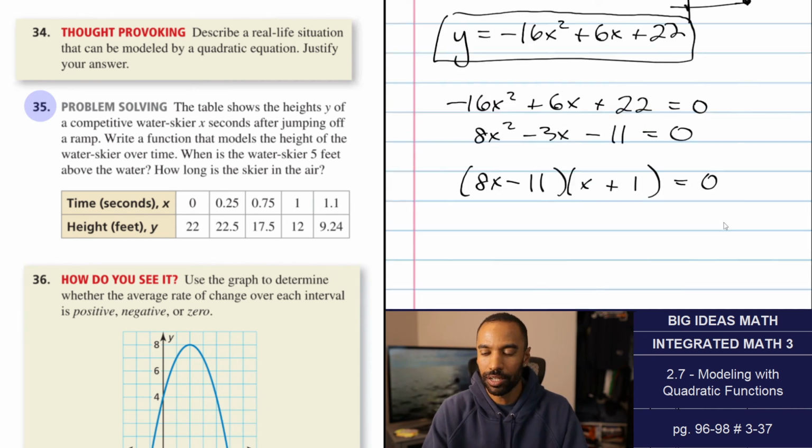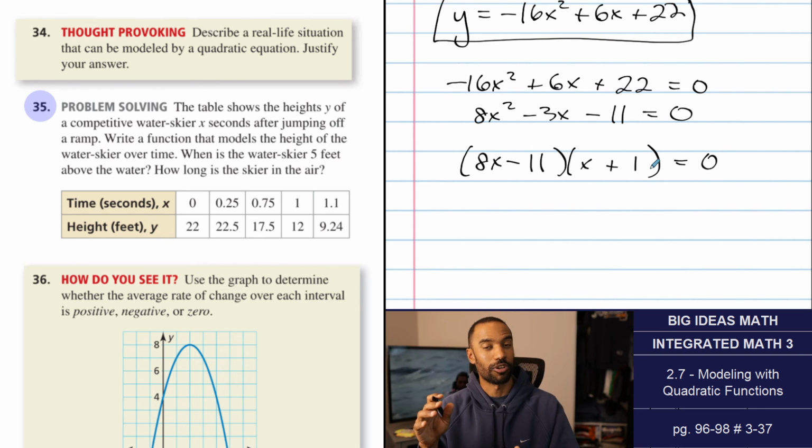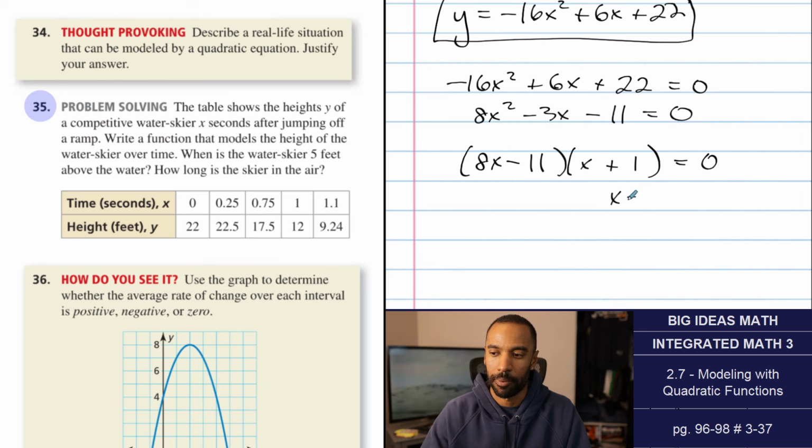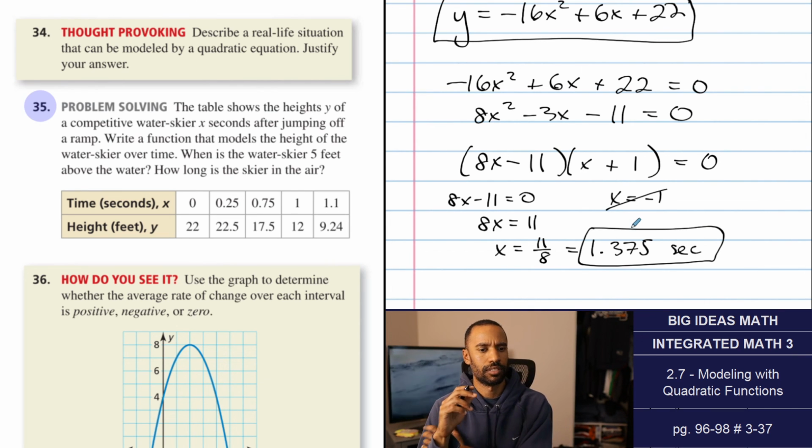Does that work? 8x squared plus 8x minus 11 is minus 3x minus 11. That's actually factorable. Cool. All right, well, that's good. Now you use the zero product property. Either x equals negative 1, which isn't allowed, or 8x minus 11 equals 0. So 8x equals 11, so x equals 11/8, which I think is exactly 1.375. So for 1.375 seconds,